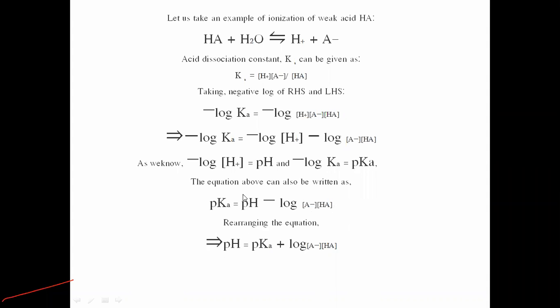So if we rearrange the equation, now here pKa is on the left hand side of the equation and pH is on the right hand side. If we rearrange this equation, for the calculation of pH value, pH is equal to pKa plus log of the concentration of A minus and the concentration of